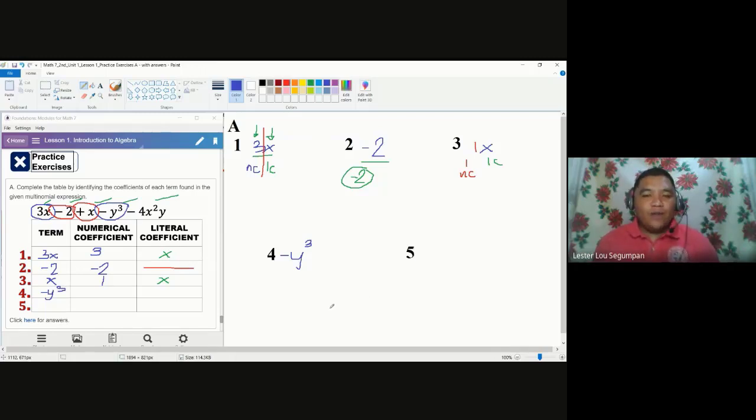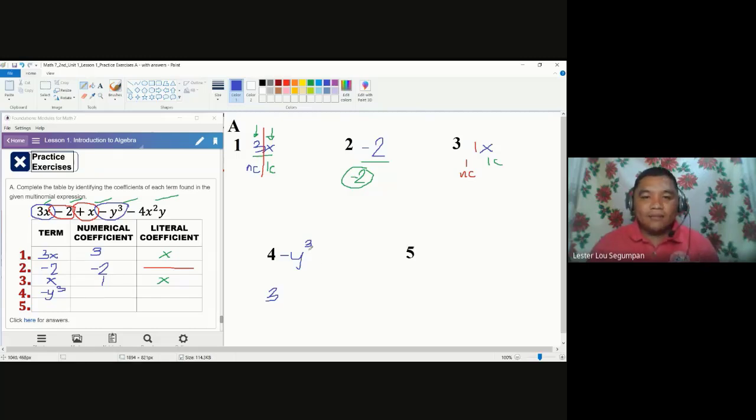As for finding the numerical coefficients, some of you might say, as long as I could see a number, aside from number 3, because automatically that means we have 1. But as long as I could see a number, sir, that means it's the numerical coefficient. So my numerical coefficient here is 3 because that's the number here. Take note, yes, number 3 here is represented as a numerical figure, but this 3 here means something else. 3 is an exponent of y.